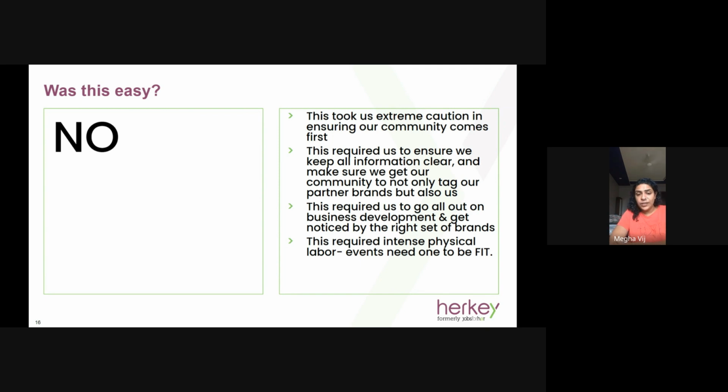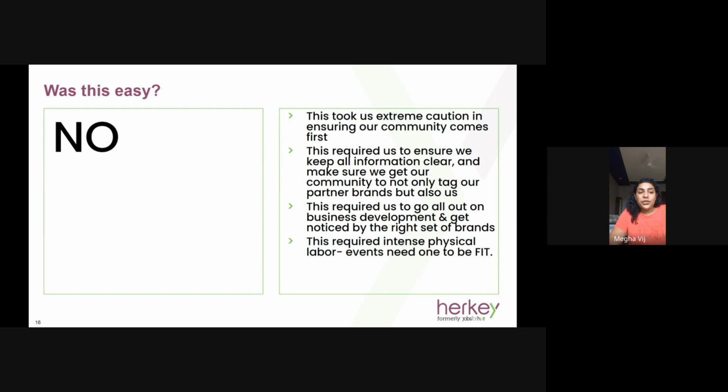Every brand has to do its best job when they're at the event. If a wine and cheese tasting is happening with Fratelli, Fratelli has to bring a sommelier. It cannot be just that you've got wine there and you've got cheese there, please try and taste whatever you like. No, you have to bring an expert who will teach people which cheese with which wine, how taste buds work, why this cheese suits this wine more, what the acidity of this is, everything. Everything needs to be done in a professional manner. So we ensure at each point that our community has a blast via these events.